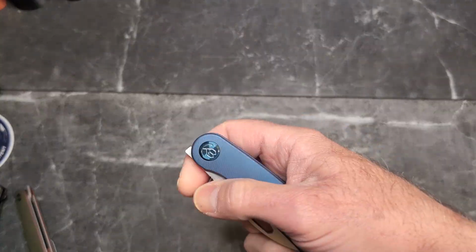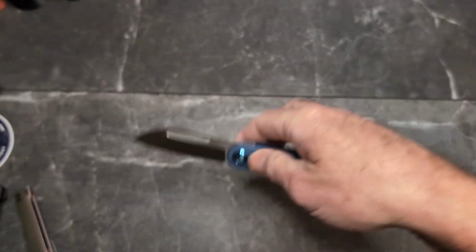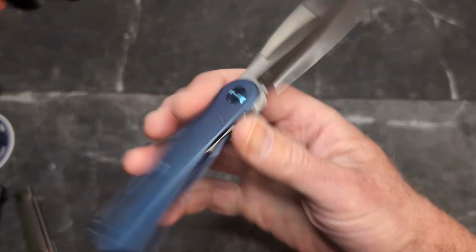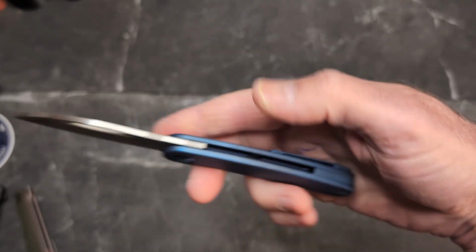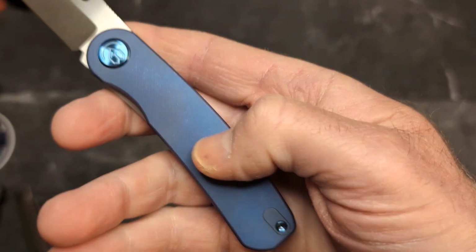Now we have the KB Knives Decimal. So here's your fancy one. One of your fancy ones. This is designed by Mark, New Breed EDC, Loot 10. Beautiful, beautiful knife. Contoured titanium scales with the,